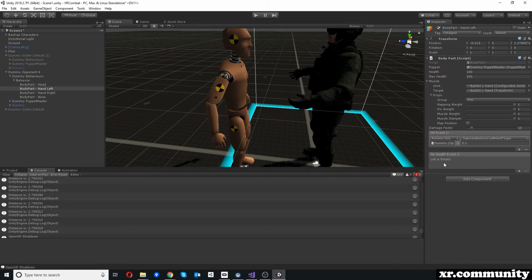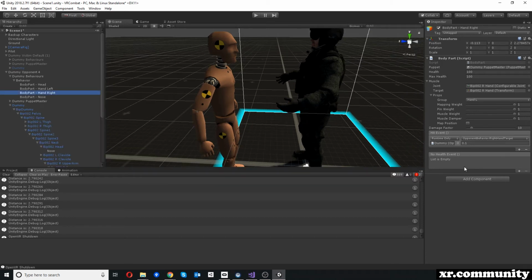And this is something that I really enjoy doing, just exposing those Unity events and then being able to drag and drop certain things in. Now, we can add more events here, so you can add events that have a certain health threshold, so not just no health, but also maybe a percentage health, so that at 50% health of the head, or rather of the nose, it starts bleeding, those kind of things. There's really a lot of things we can do, and this gives us a nice granular, modular approach for each of the body parts,